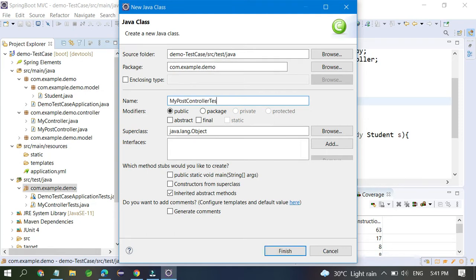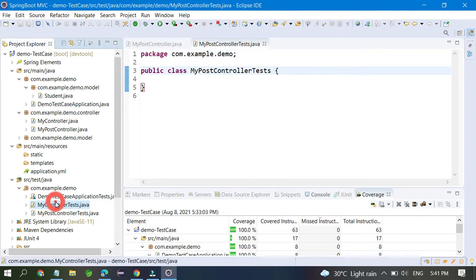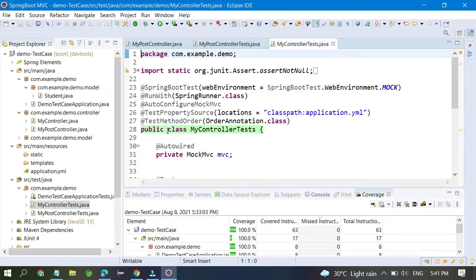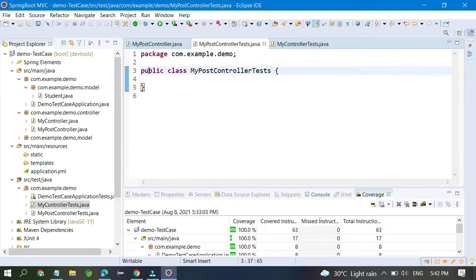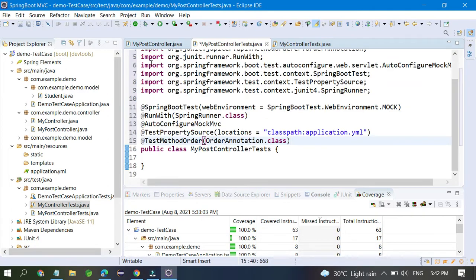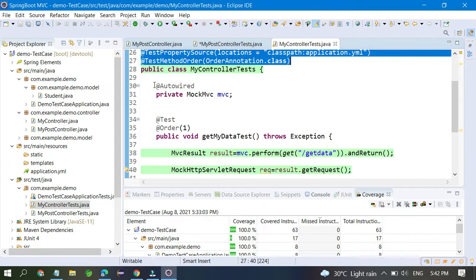So this is created, and before that you have already written so many things, so you don't need to worry. Just copy these things and paste the same inside this. Here you have written so many things for one controller, so copy this and write here.